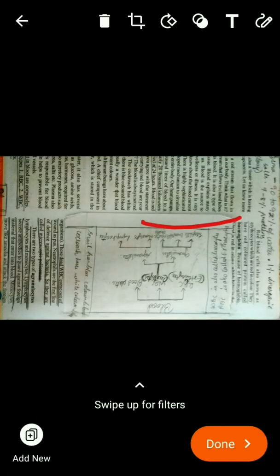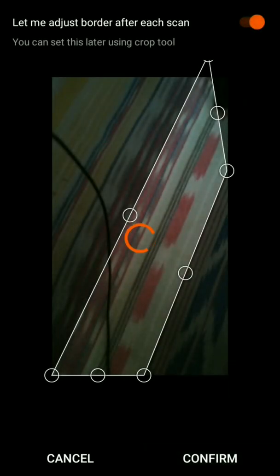And even to add a new photo, after pressing this one, you can see here add new, and you can rescan anything, and now just add the photo. Okay, confirm, and this will add the photo. And in this way you can scan as many images as you want, and you can make a PDF.